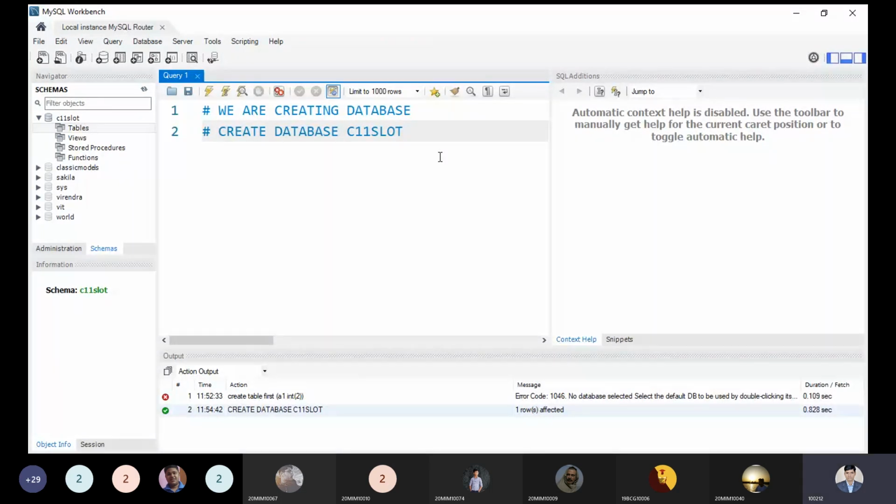Next, what is the next syntax? What is the next syntax saying to us? We can get the table, so inside this database we have to enter the database. What is the command? Use. I'm typing the simple statement: use database name, to perform